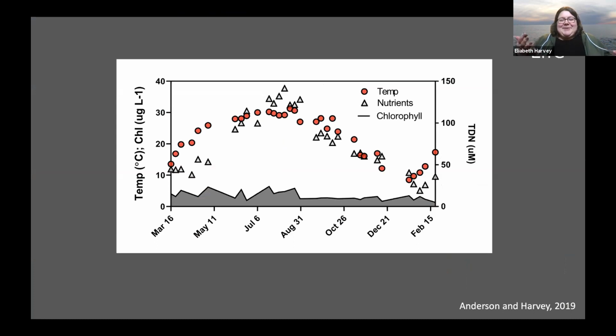So this is going to be where I talk about life a little bit. Here we have just some of the more abiotic factors, including temperature here in the red. You can see, understandably, it's warmer in the summertime. You have periods of colder temperatures in the winter. We also have this peak of nutrients in the middle of the summer in this particular system. And then you can see some variability in chlorophyll.